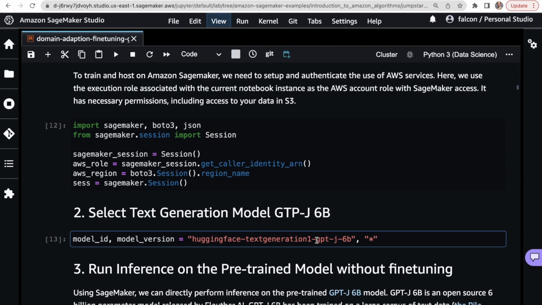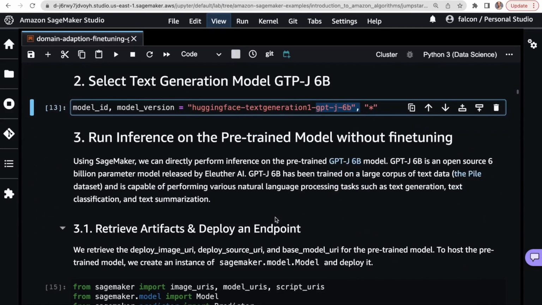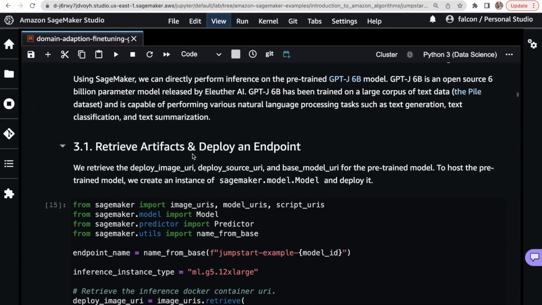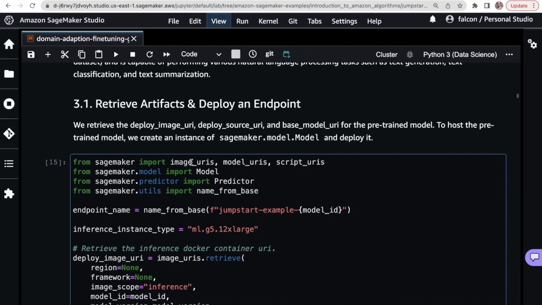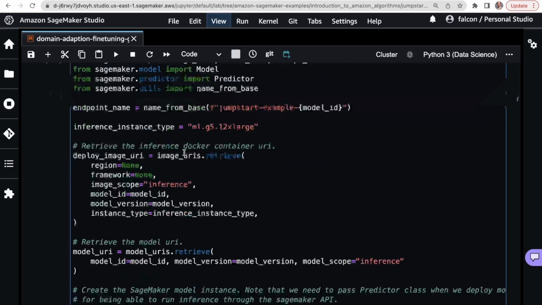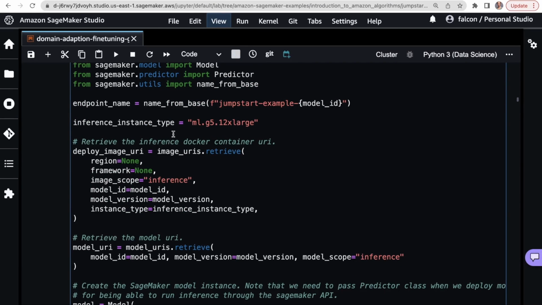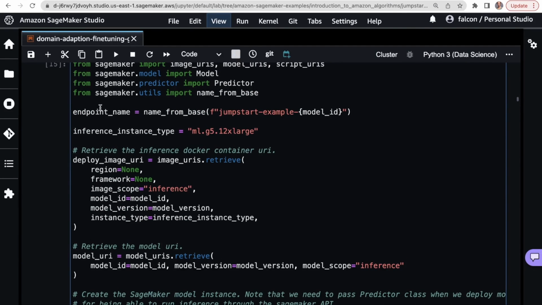So we're going to pick a GPTJ 6 billion parameter model, and then we're going to host this model, and then through hosting, we will see how well it performs. So we'll get some sort of base performance on that, and then we'll fine tune it, and then we'll see how well it does on the same prompts.